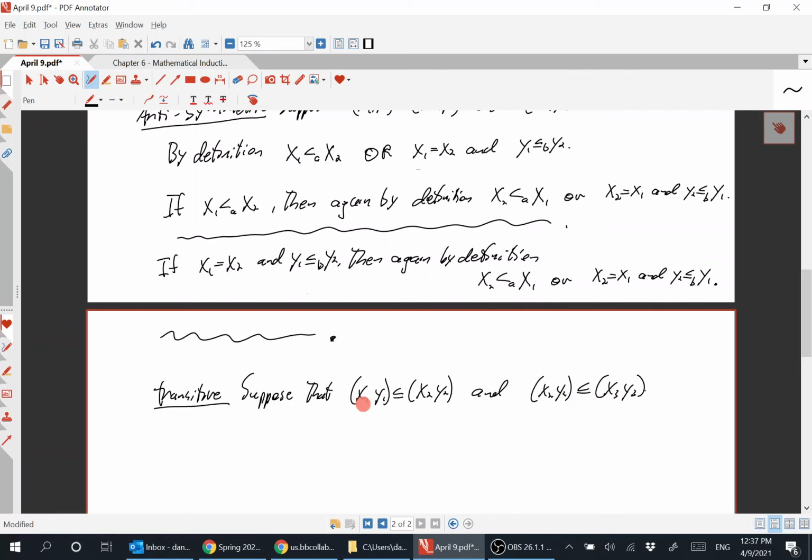Now show that x1, y1 is less than or equal to x3, y3. Right? So again, there's two possible meanings for that and two possible meanings for that, which gives you four possibilities in general. So you split into two cases again. Right? So as in the previous case, so by definition,